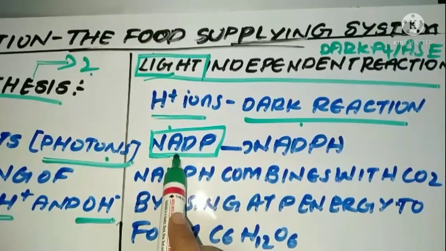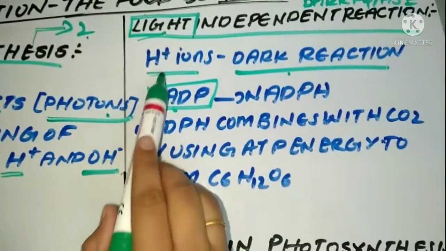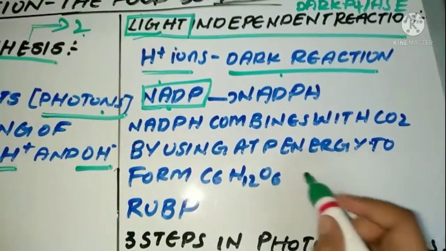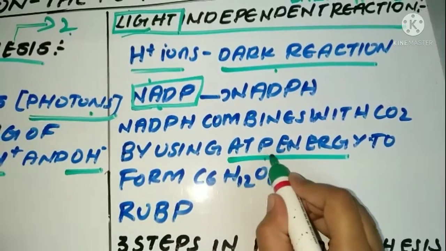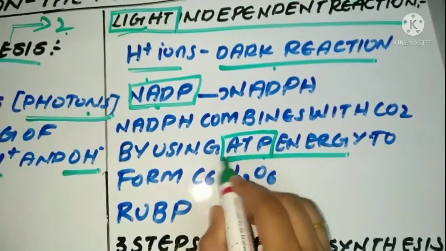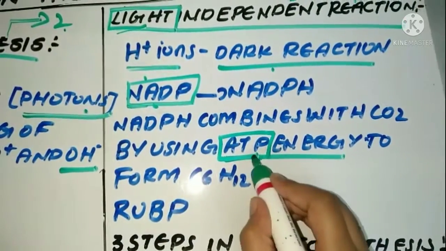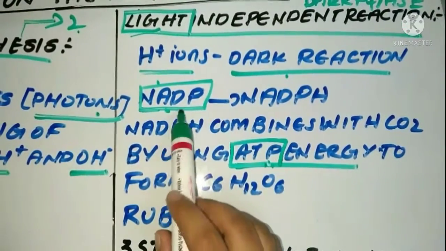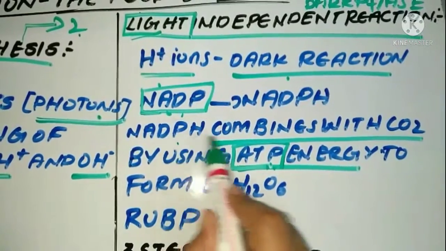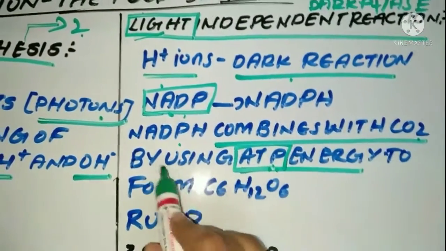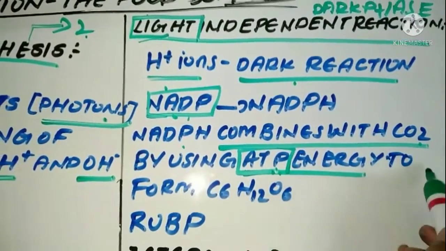NADP combines with H plus ions by using ATP energy. As I told, ATP, adenosine triphosphate, is also an end product in light reaction. By using this ATP energy, the NADPH combines with CO2 to form